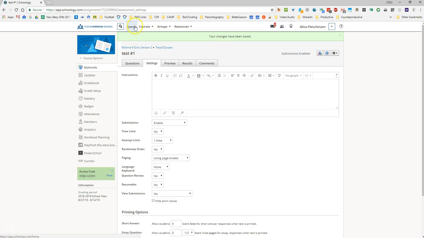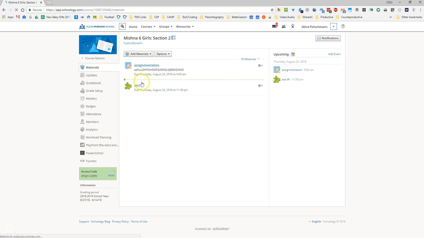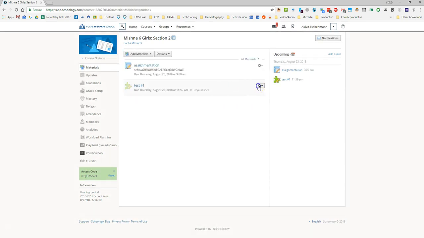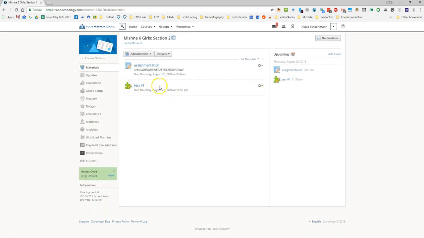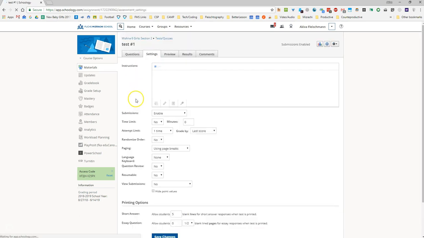If we go back to the home page, back to our class page, we'll see that here is test number 1. And you can choose here to unpublish it, so it doesn't even show up. So there are now two places, and that's a very big difference between tests and assignments. There are now two places where you can publish and unpublish a test. You can do it right here where it's unpublished to the view of the students, but you can also publish the test, say that it's available for them to view, and then go into the test itself and under settings,